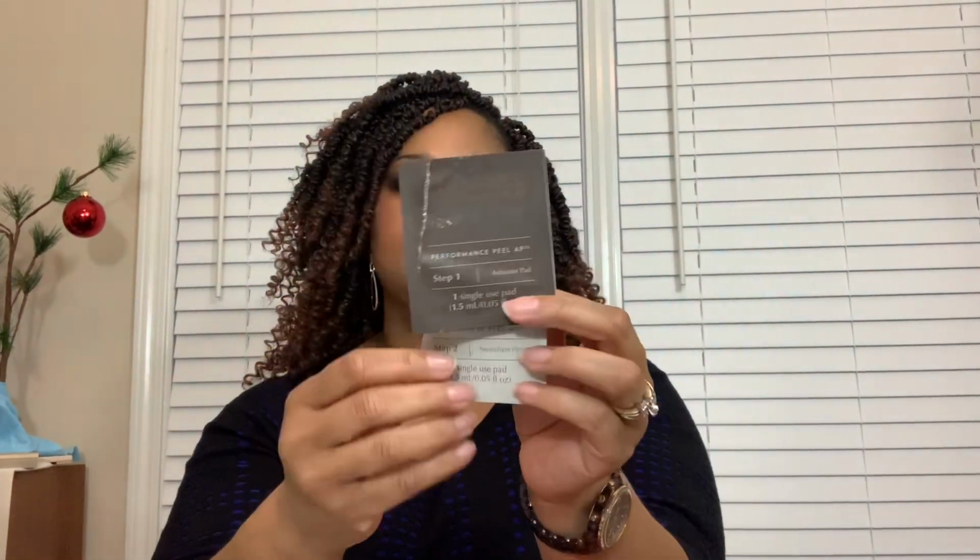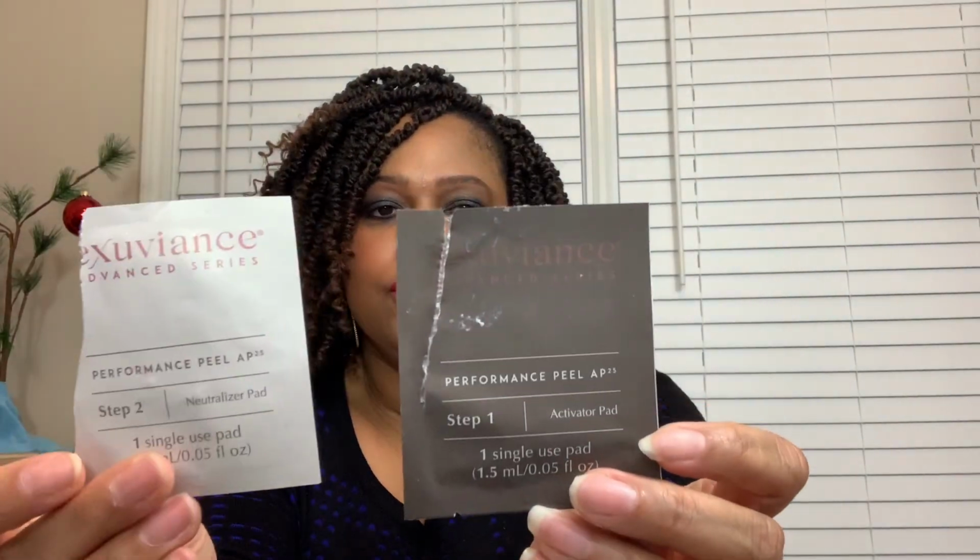The next item is the Exuviance version of the Dr. Dennis Gross 2-step peel pads. And I didn't do these back to back. I should have done them as a 2-day or 3-day boot camp, but I didn't. I did one last quarter, one this quarter. This is step 1. This is step 2. It works the same way as the 2-step Dr. Dennis Gross peel pads,